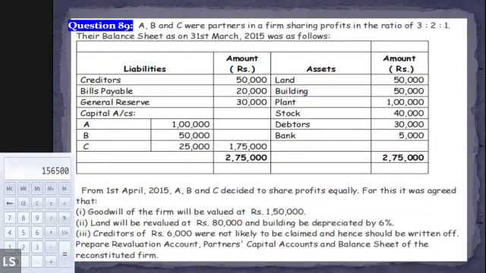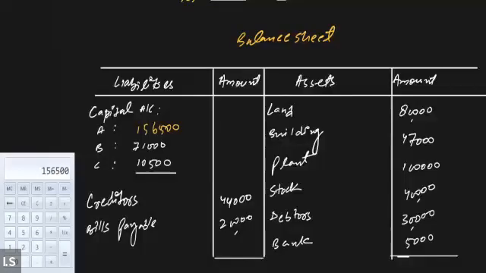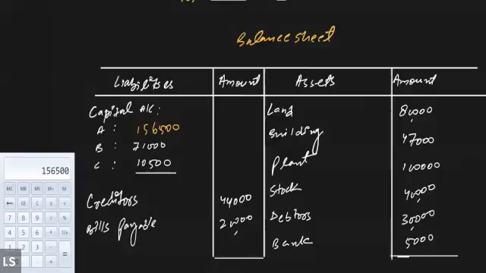And then the value of the building was depreciated by 6%. Na? So value of the building was 50,000. When it will depreciate by 6%, the new value of the building will only be 47,000. Is that correct? So the value of the building reduced by 3,000. The new value of the building will be 47,000. Is it okay, everyone? Yes, sir. Okay, then